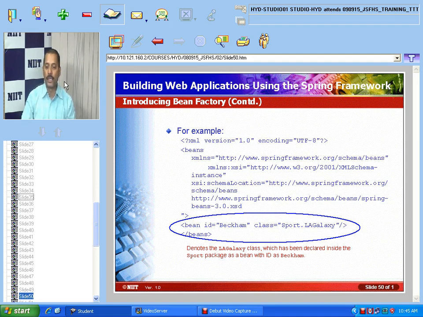In that bean we can write the business logic or anything else. All the bean information, whatever you are creating in your own application, has to be there in this particular XML file. Now we need to load this bean factory file, and from it, any of those instances, if required, you can load. Is it clear now?